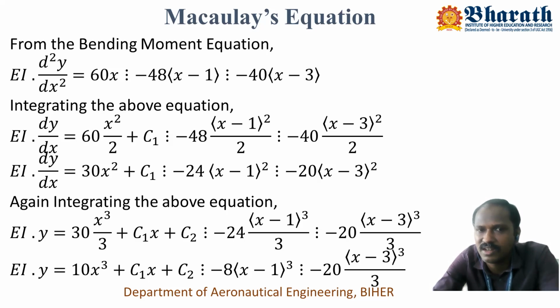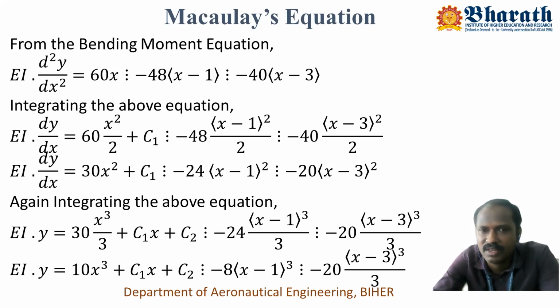You should not integrate x separately, one separately. You have to consider that x minus 1 itself is a term. So if you normally integrate x, what you will get? You will get x square by 2. Like that, x minus 1, if you integrate, you are going to get (x minus 1) whole square divided by 2. So this is how the integration should be done for the Macaulay function. So this is the point you should keep in mind, right?